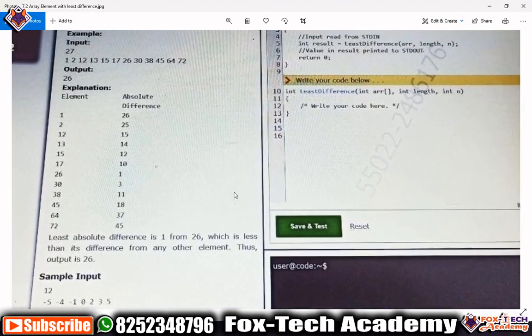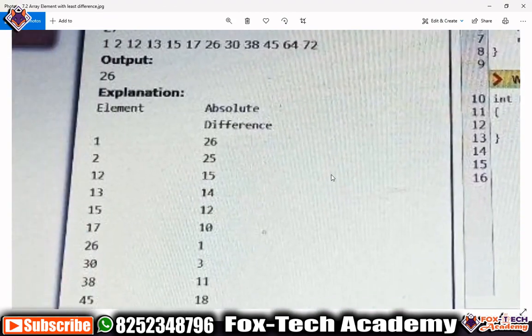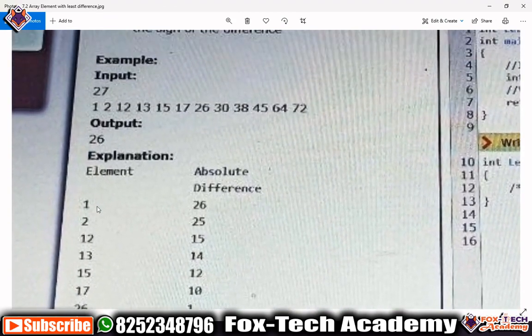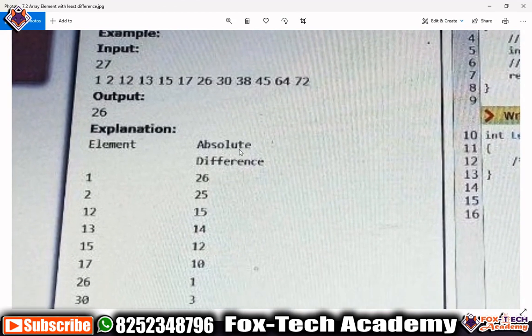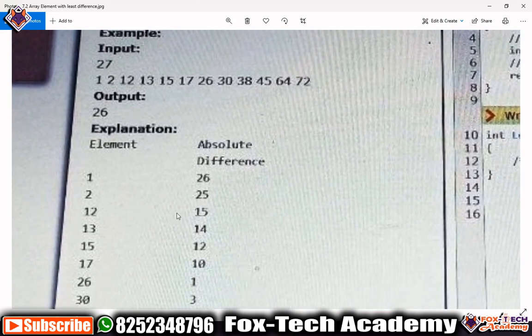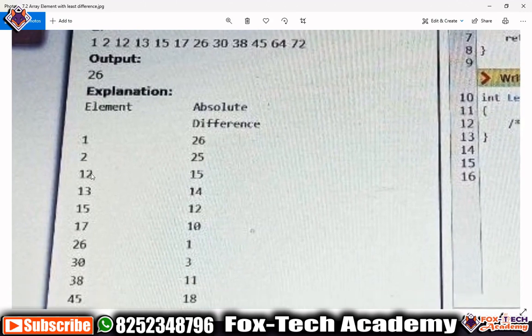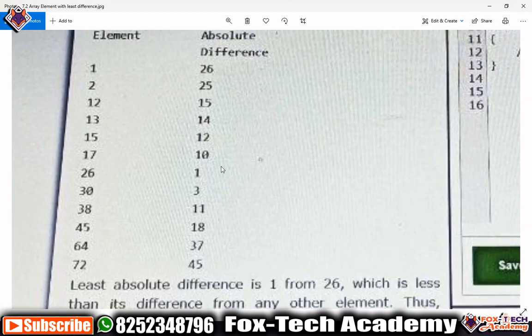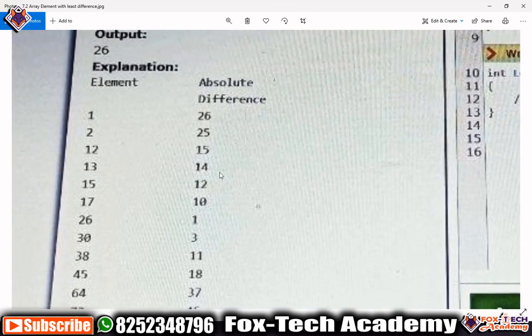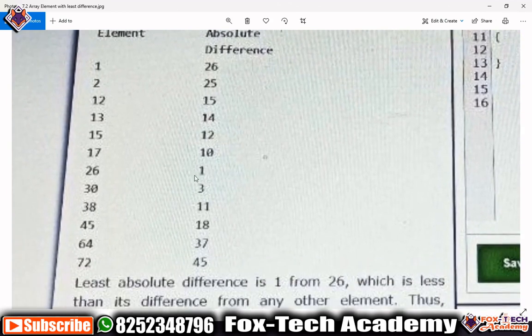They have also mentioned that if the array element is 1, the absolute difference is 26, because our input n is 27. If the element is 2, the difference is 25. If the element is 12, the difference is 15, and so on. The least difference is 1 and the element of the array is 26, so we have to return this 26 from the array.